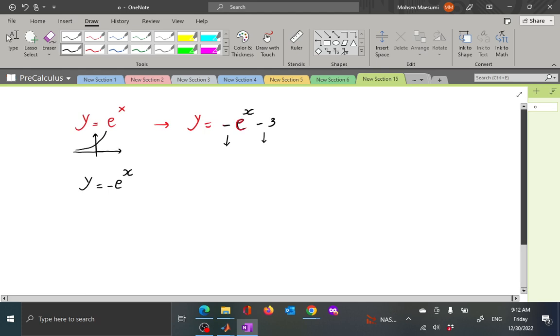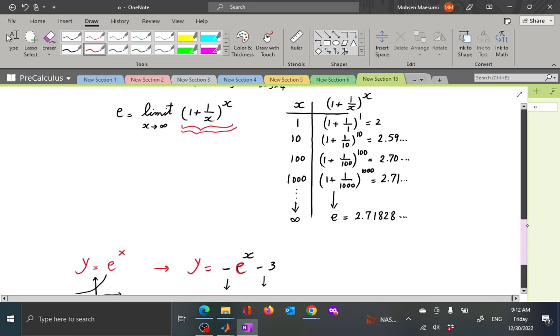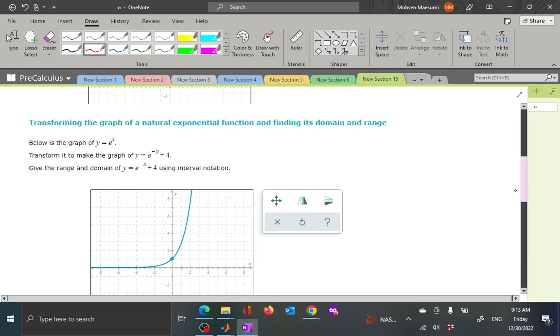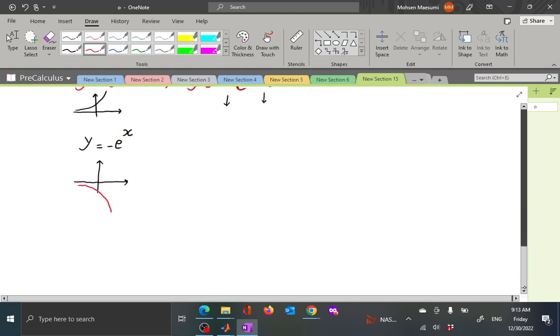Multiplying it by minus simply makes it flip upside down. All the y's are going to be negative of what they were before, so that makes the picture go upside down. Well, how do you make your picture flip? That's how you make it go upside down. And then step 2,